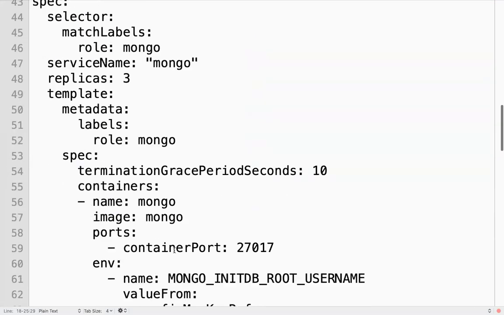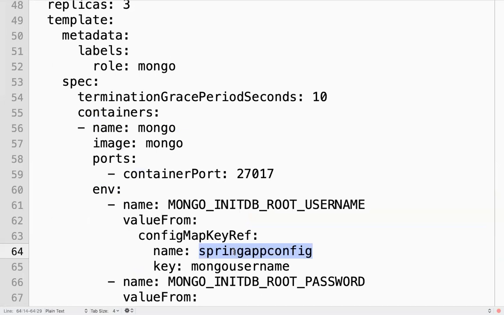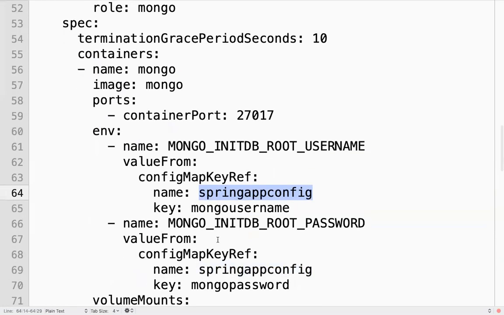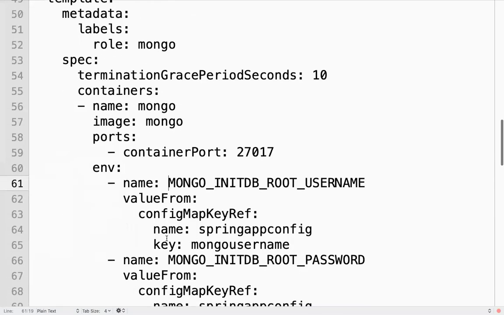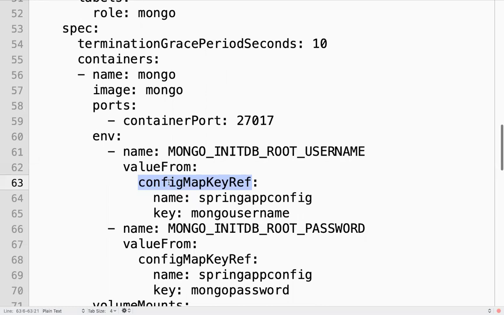Here, I am not hard coding the values. I am referring from the config maps. I can refer from the config maps so that it will read the value from the config map and assign here. Right? I can create a config map and I can access something like this. But without creating a config map in that cluster, if I deploy this application by referring values from a config map, will it work?